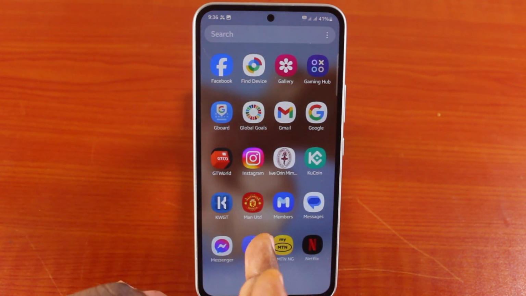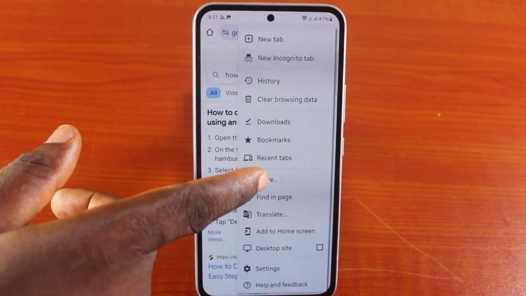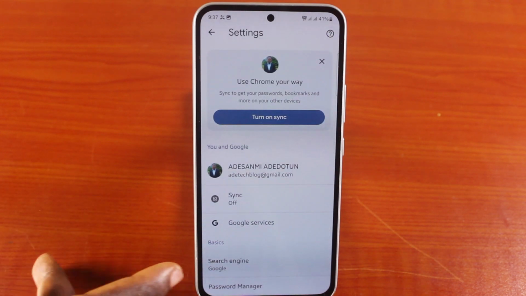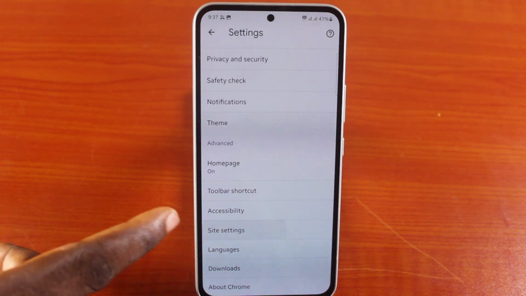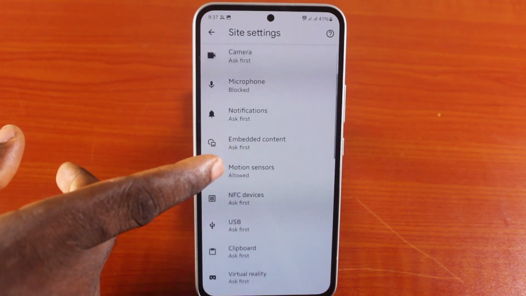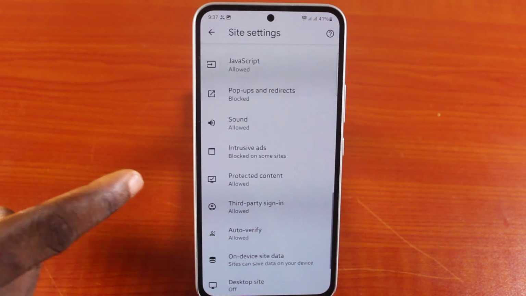Now to enable DRM on your Samsung phone, all you need to do is go to the Chrome browser on your Samsung phone and open it. Once you open the Chrome browser, click on the three dots at the top right. Then scroll down and click on settings. Then once you've selected settings, scroll down and make sure you click on site settings. Then once you hit site settings, scroll down to the bottom of the page, keep scrolling and click on protected